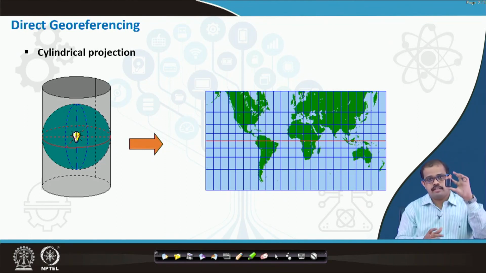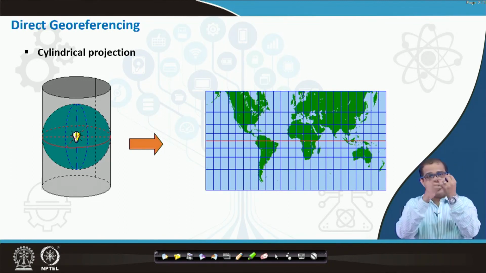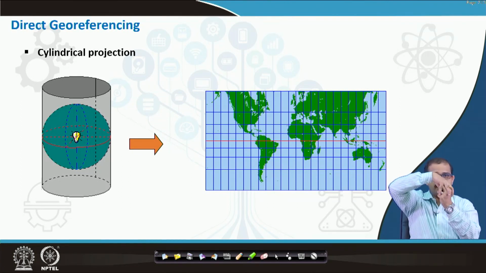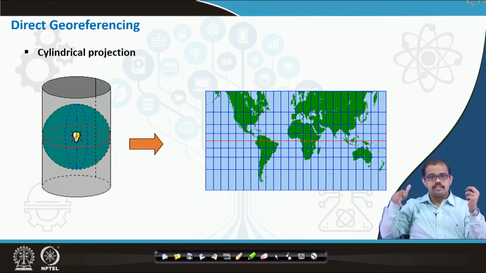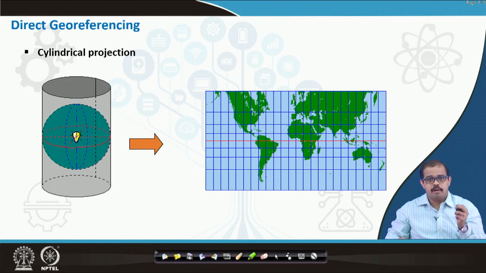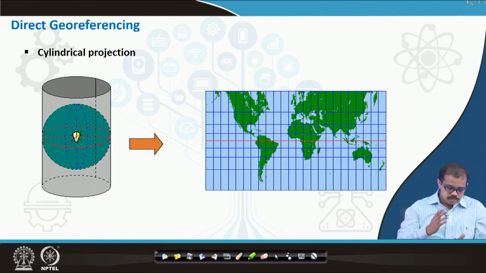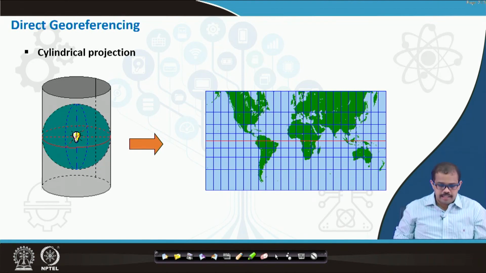Now when I look at a cylindrical surface, let us say I consider this as the earth surface. Now I roll a paper across this, something like this. Okay, now print whatever is represented on the earth surface and open the paper. That becomes your cylindrical projection. You are opening a paper like a cylindrical boundary. Whatever is printed from the earth surface onto this cylindrical boundary is what is projected from the 3D surface onto a 2D paper map. That is what is called a cylindrical projection.